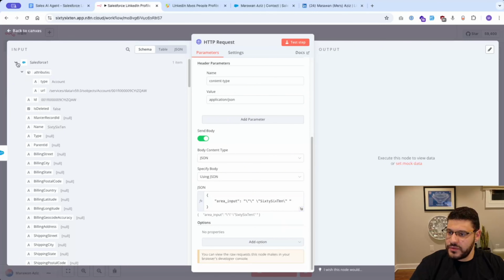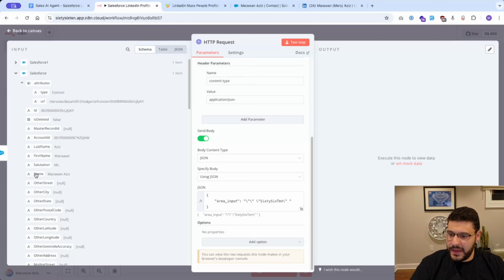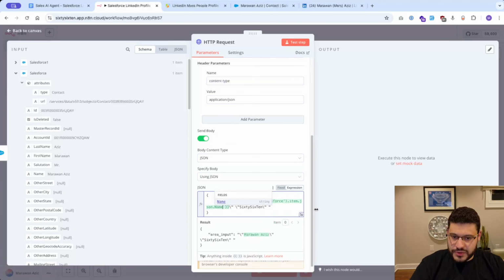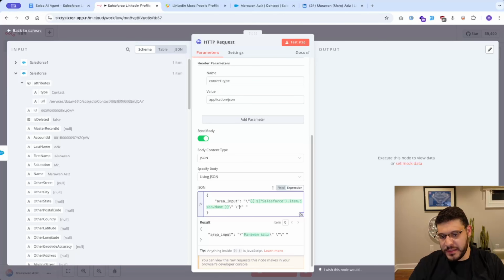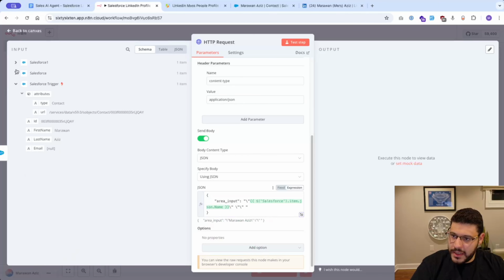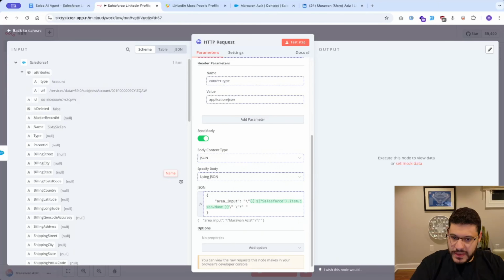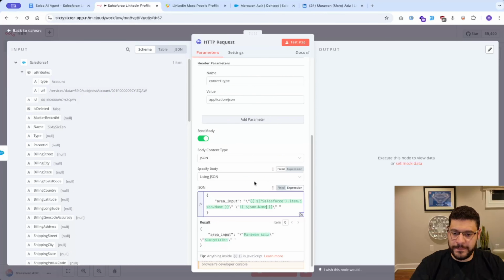So if I come into my Salesforce node here, I have the name one. I'm going to go ahead and just drop that in here. And then I also have the company one as well here. So I'm going to go ahead, delete that, and I am going to put in here the company name. All right. So just like that, the result on the bottom here is showing a sample result. But this time, because we've used variables, they are dynamic. So whatever information comes in through Salesforce's API, it is dynamically being processed by this HTTP request and being placed in the JSON here. So we're going to go ahead now and hit test step, and hopefully we got this